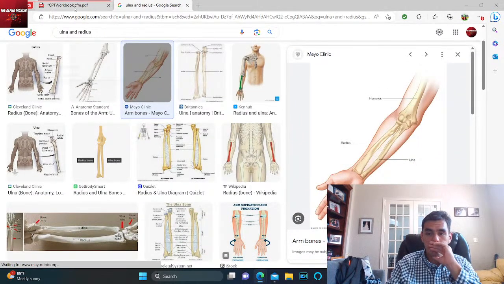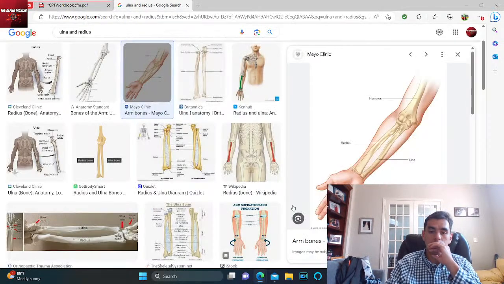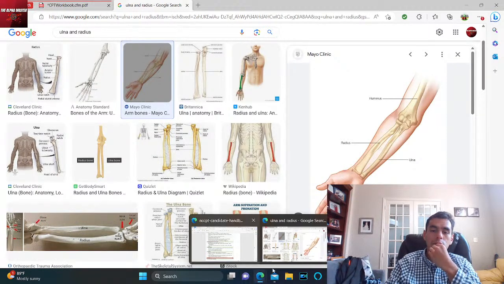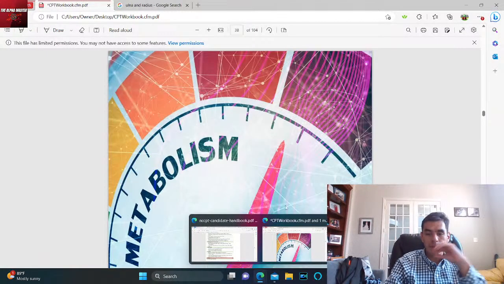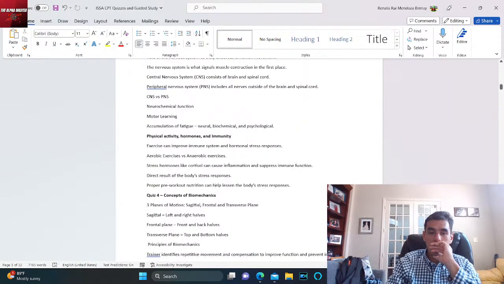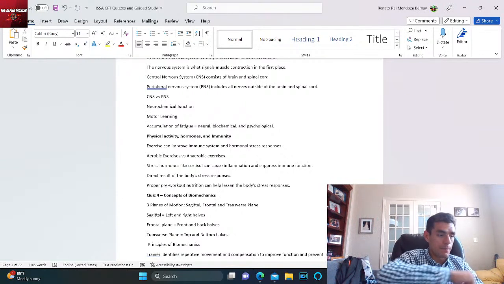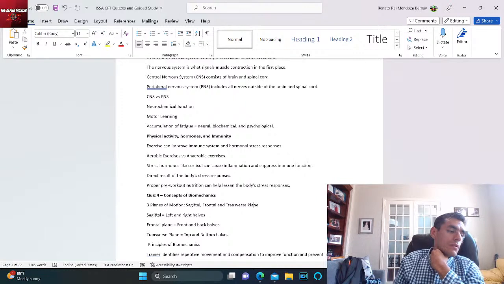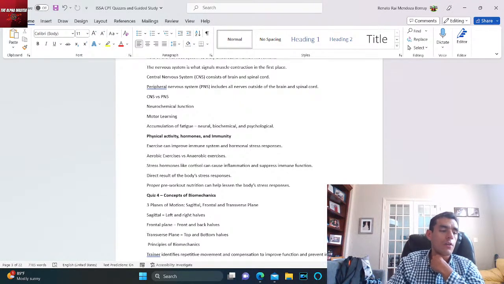Ulna and radius. Energy and metabolism is going to be the next one. What I wanted to see is the quiz that we're going to take for this. First, you have some concepts of biomechanics to go over. We look at a lot of information. So, quiz four of concepts of biomechanics: you have three planes of motion, which are going to be